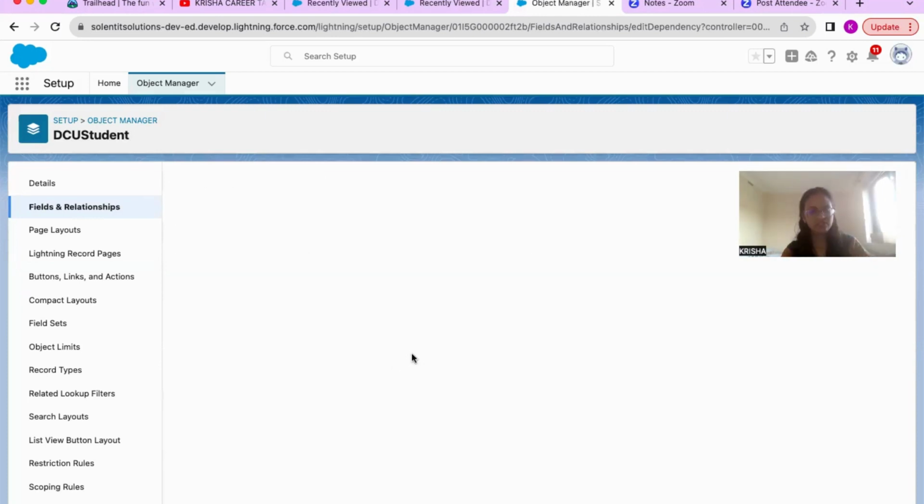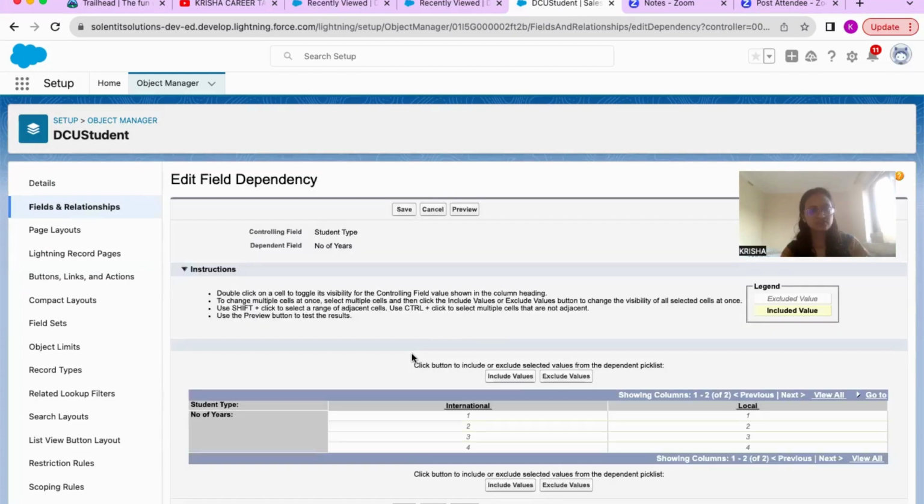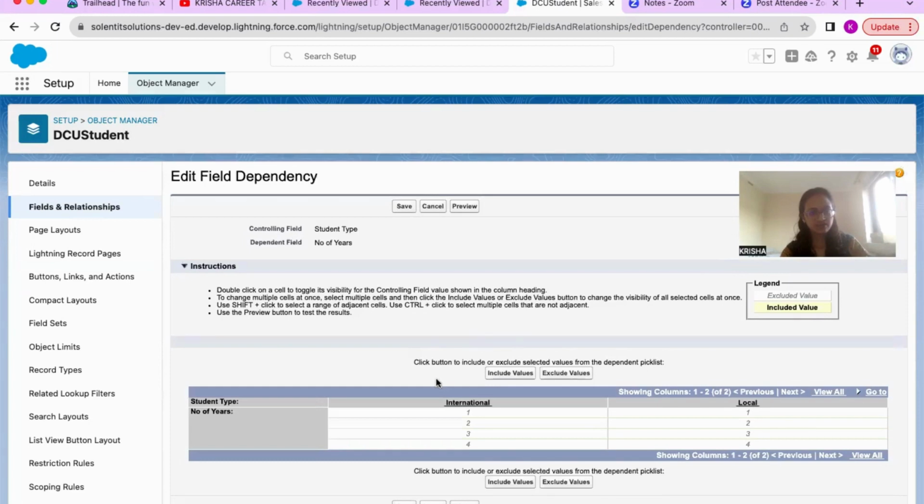So you click on continue, and you can see here it will show you what all things you need. When student type is international, I want to have 4. So you click on what all you need. If you already have it, it's fine. But what I want here is up to 3 only. So you click only 3 and you say